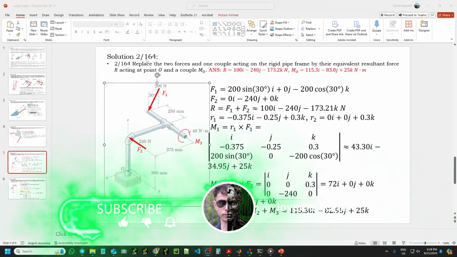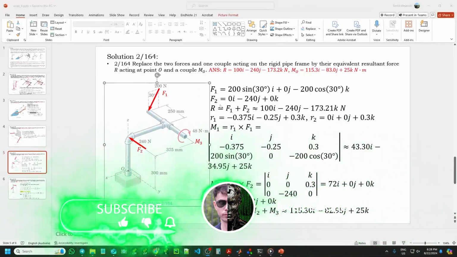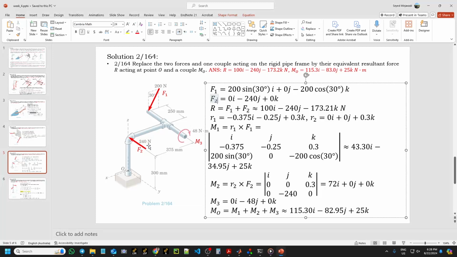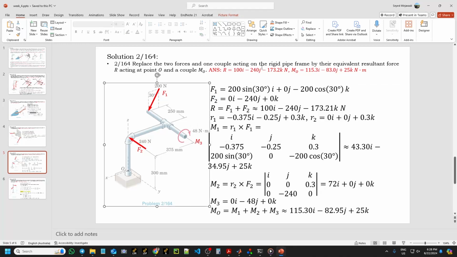Question number 164. Replace the two forces, F1 and F2, and one couple, which I call M3, acting on the rigid pipe frame,